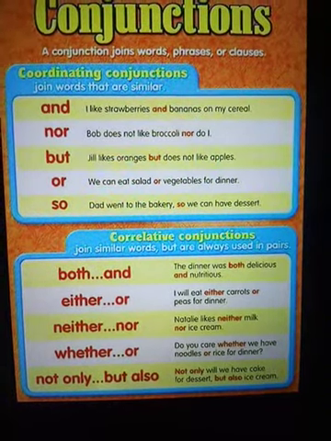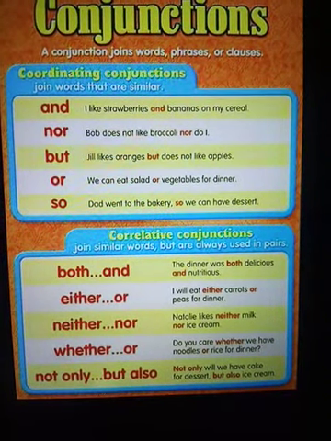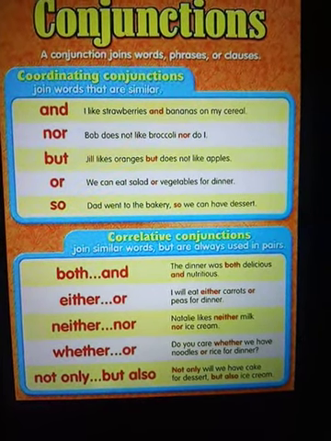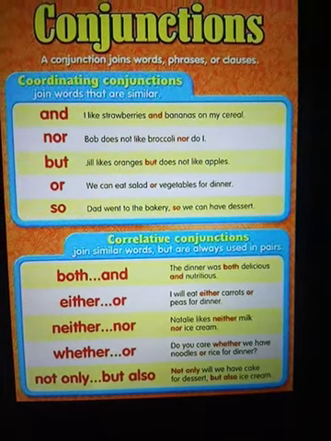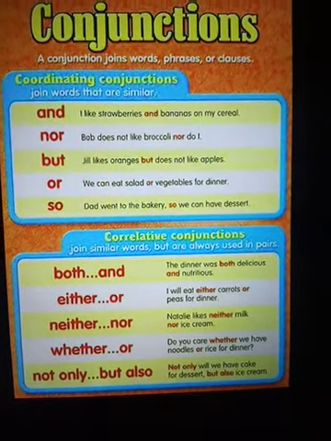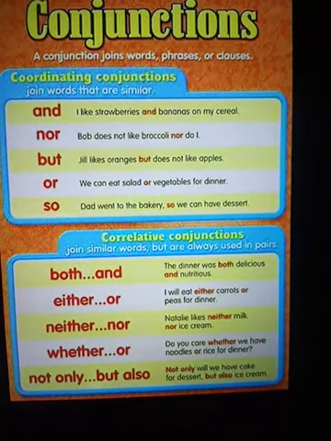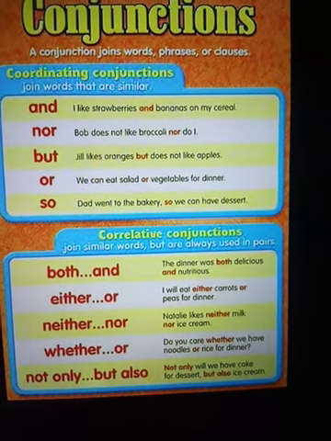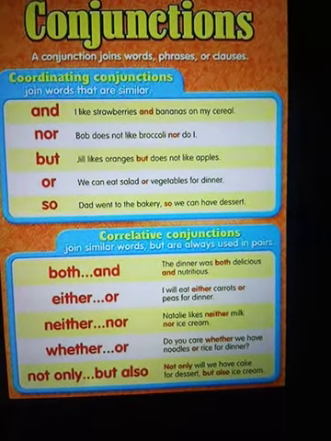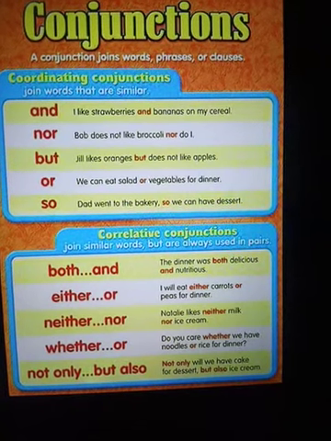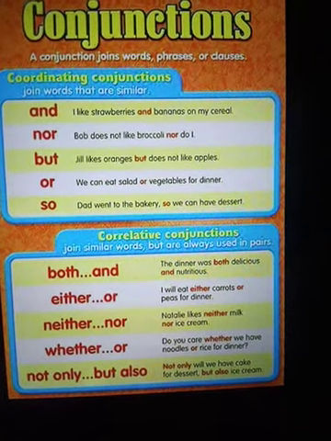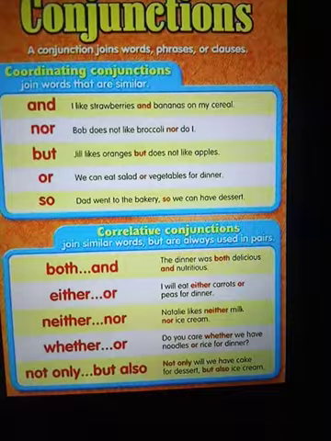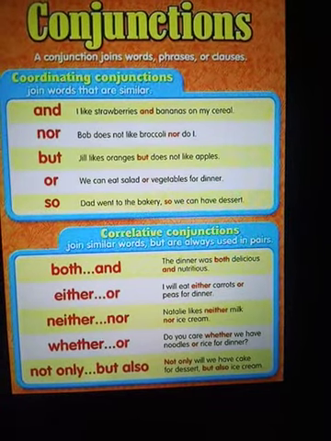Next is either or. Either or is used when two things are there and we have to give a choice. Like, I will eat either carrots or peas for dinner, meaning two things are there and I will opt for one. But children, these words are used together, that is why they are correlative conjunctions. Both and: when we have to join two things or two statements, we can use and, and like that we can use both and. For example, the dinner was both delicious and nutritious. So when we are giving two qualities of the same thing,